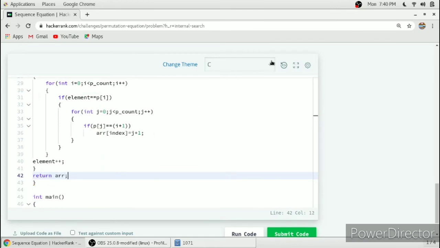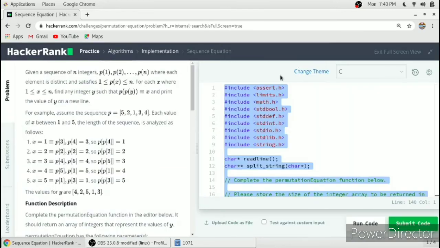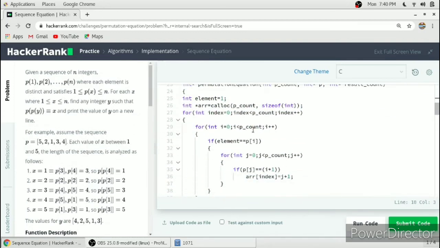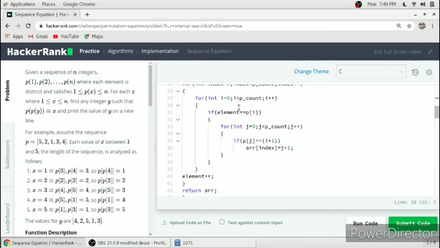I will explain this again. So this I is an element of this p array. The first time the element is 1. Whenever the element of this array matches, we will get the location of it.